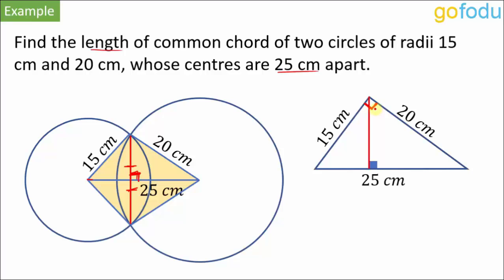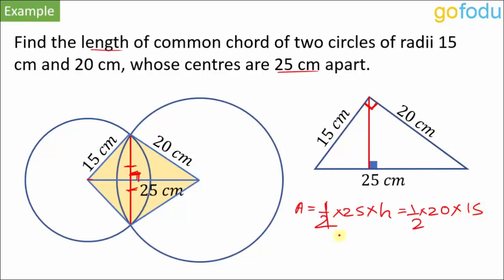Now we can make use of a very important trick as far as triangles are concerned. We can write area of the same right triangle in two different ways and equate it. We will use this method very often. We can write area as half, this is base 25 into height that we have to calculate, and area can also be written as half, if I take this side as base, 20, and height will be perpendicular to it. This 15 is the height.